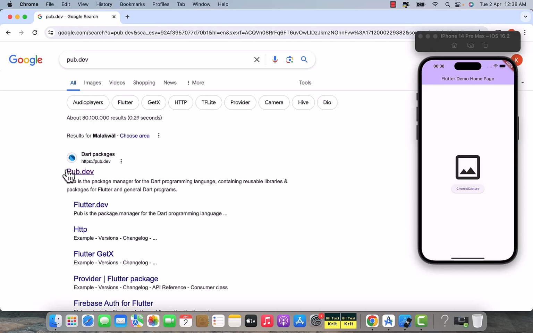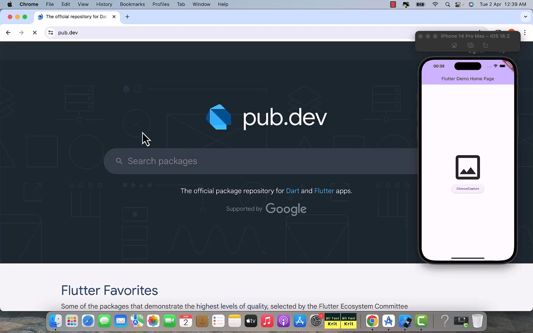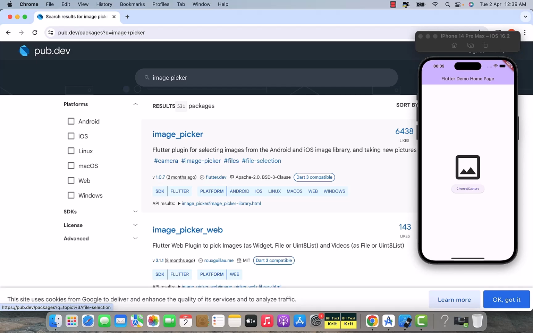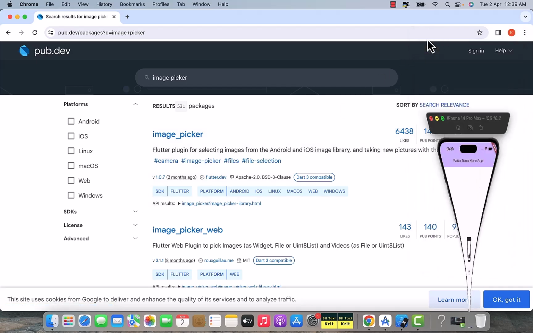And now in the search result, open this first link, pub.dev, and this website will be opened. So this is basically the official package repository for Dart and Flutter applications, and here you can search for any Dart or Flutter related library, and the library which we are looking for is called image_picker. So type image picker here and press enter, and after that, to view the results clearly, let's minimize the simulator,